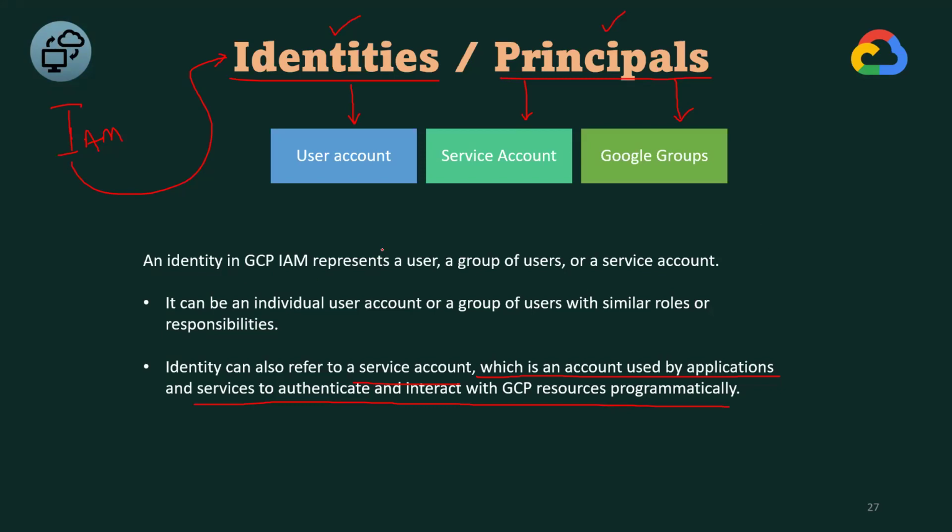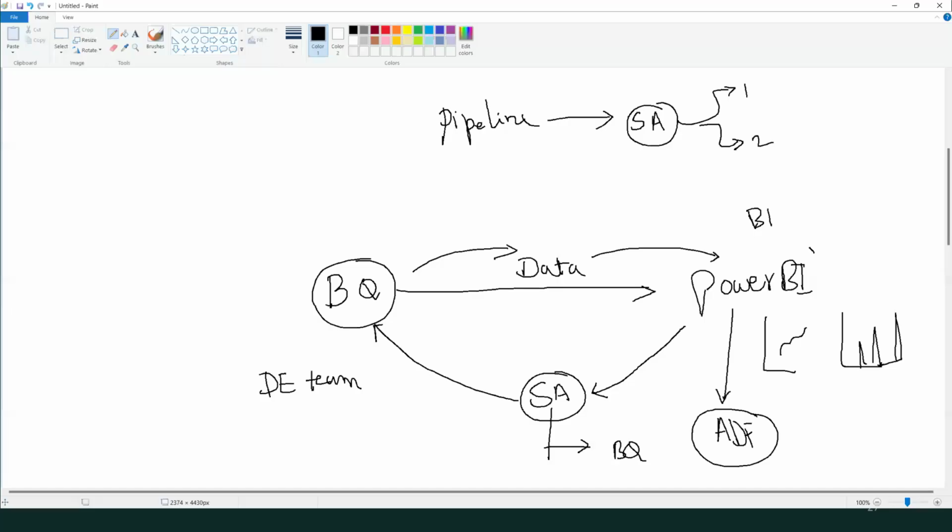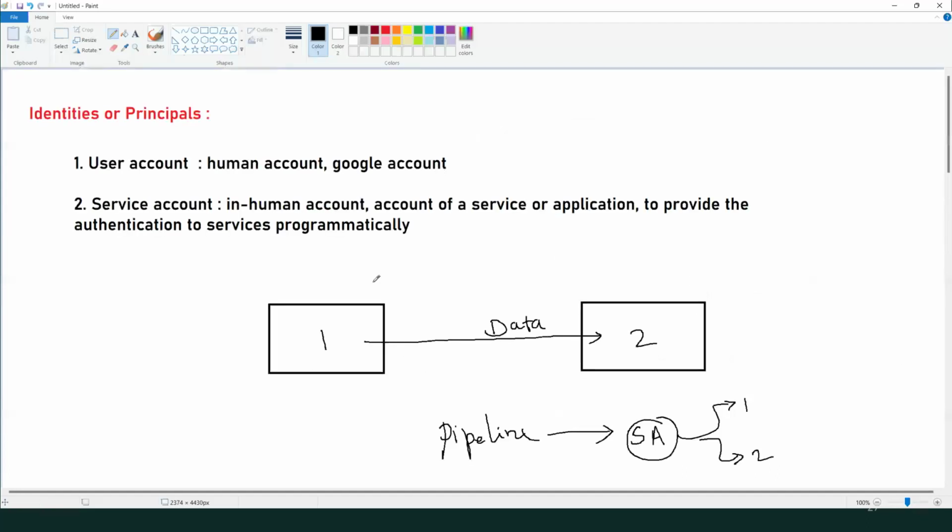Okay. Now look here, guys. We are talking about identities and services, right? If I wanted to understand IAM, I stands for identities and principals. An identity can be a user account, which is nothing but a human account or a Google account. Every day we log into the Google Cloud platform, right? That account I'm calling a user account. A service account is nothing but a non-human account. It is an account of one application or one service to provide the authorization